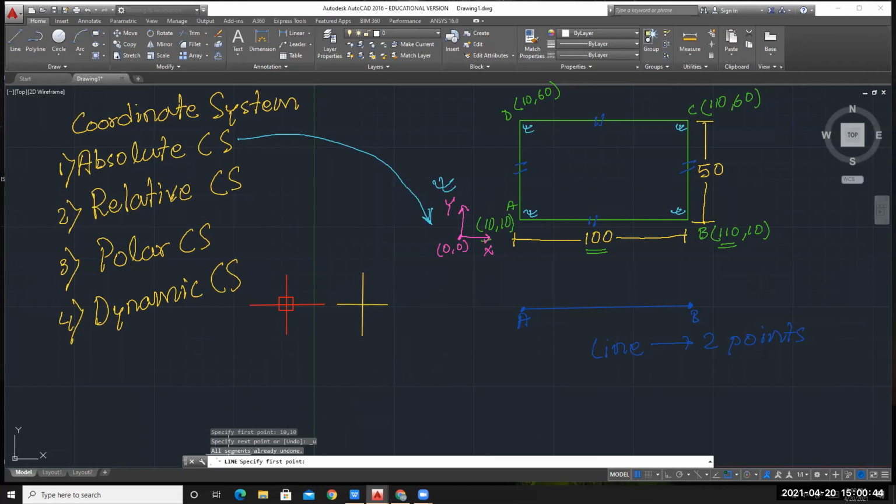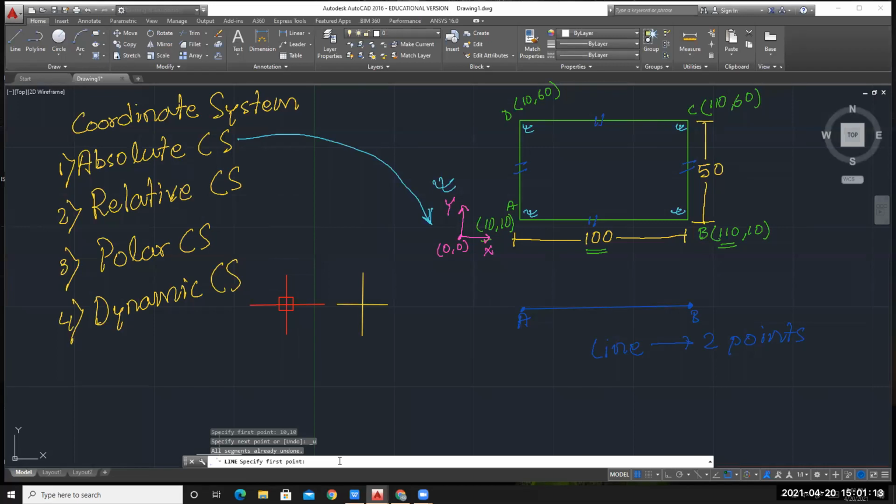Okay, and you can see here in the command line it is asking to specify the first point. Now if I want to come out of any command, if something is written over here, it means I am running in some command mode. If I want to exit this command, then you have to press the escape key on your keyboard.